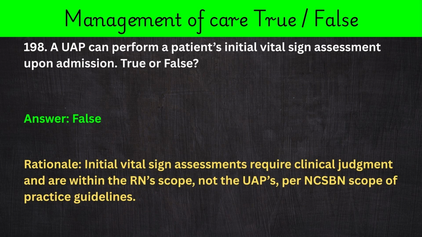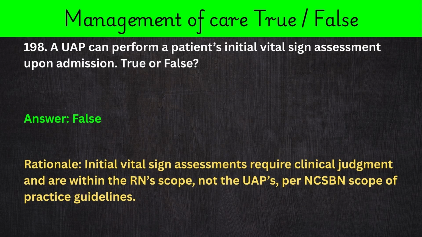198. A UAP can perform a patient's initial vital sign assessment upon admission. True or false? Answer: false. Rationale: initial vital sign assessments require clinical judgment and are within the RN scope, not the UAP's, per NCLEX-PN scope